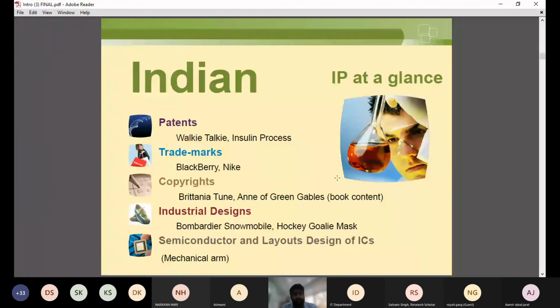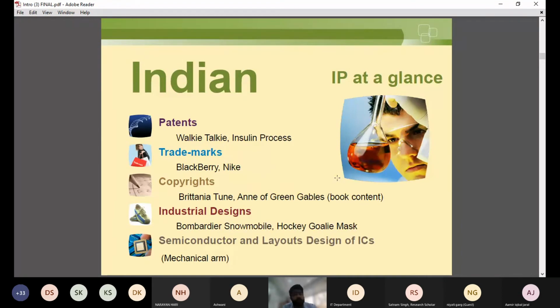Then fourth we have is industrial design. Industrial design basically provides the protection to the aesthetic value of any product. So if you are involved in any kind of designing, or we can say product designing, either of machinery, either of your apparels, either of your clothes, either of your shoes, or if you have developed a unique design for your smartwatch or a mobile phone, all those kinds of designs will get protection under industrial designs. So in India, they are called industrial designs. Outside India, they are called design patents.